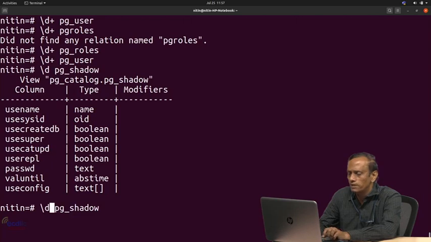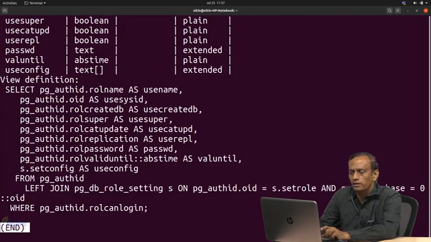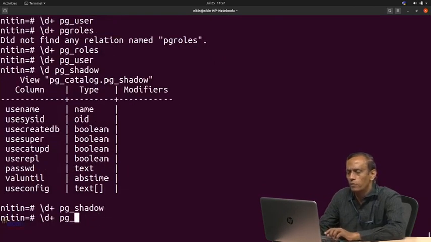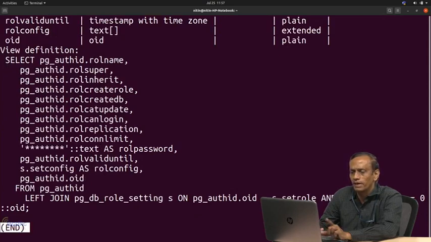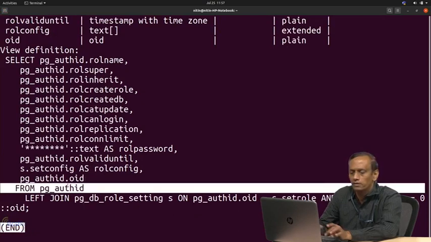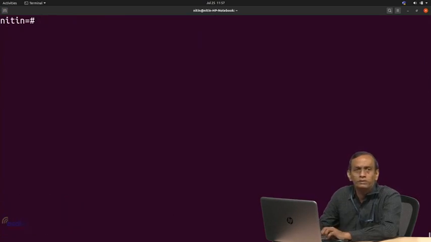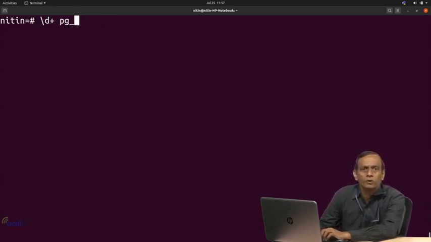So, if I write \d+, it is taking authid. Now, this is the kind of query where, if you carefully see, authid dot something, then there is a left join available. So, if I write here directly, for example pg_roles, you will see the same kind of command with a few modifications. So, pg_authid would be the relation used internally. This is how you may be able to see different catalog tables. So, pg_roles, pg_user, all of them would be talking about what? Information about the users created would be stored there.